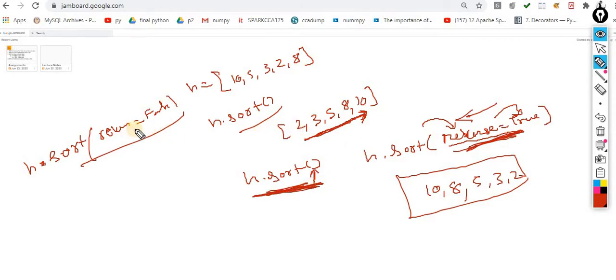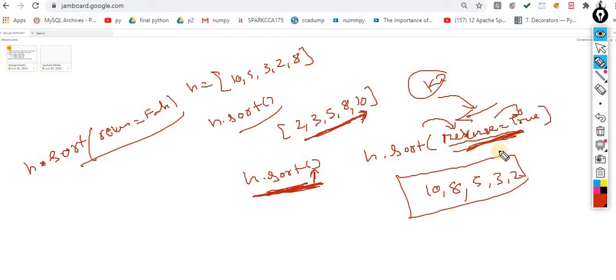In this scenario, if you want to pass it, then you can pass it. Otherwise, there is no need to pass this parameter, and by default, this parameter is false. But if you explicitly want it to be true, then you have to pass this parameter, and this concept is called keyword argument. Later on we will understand when we move into the function topic.